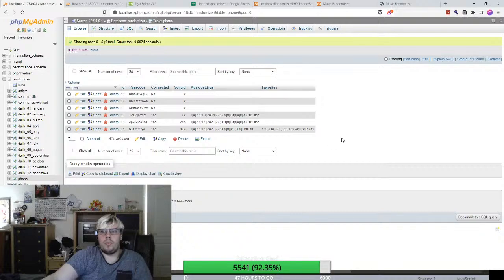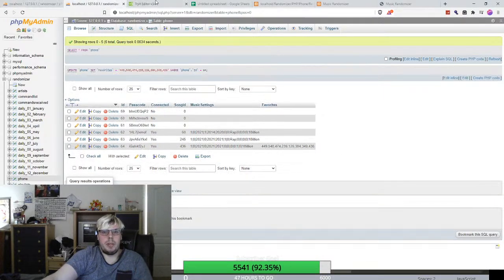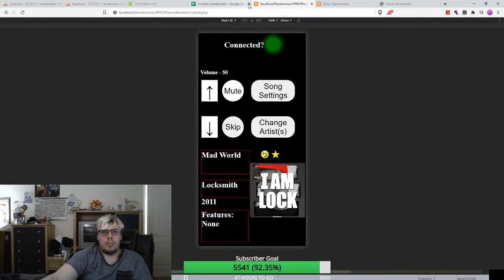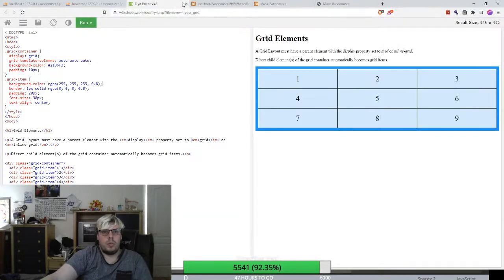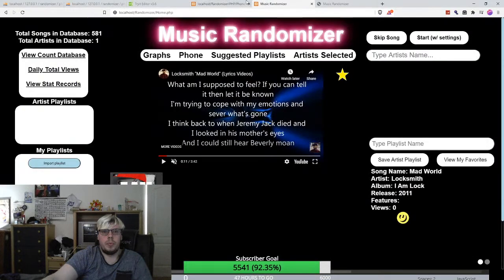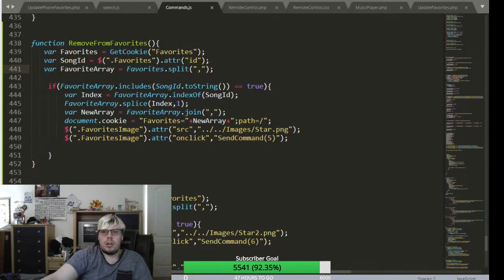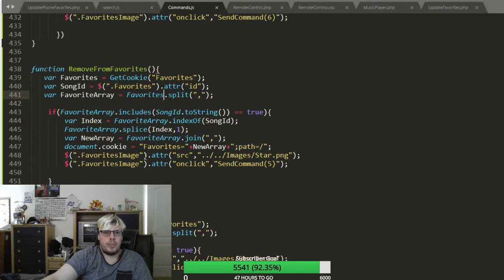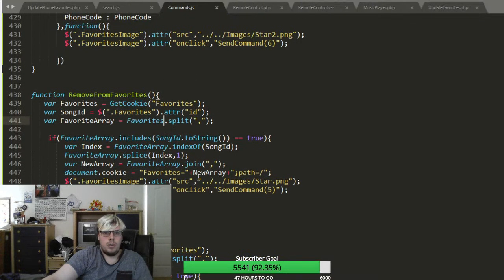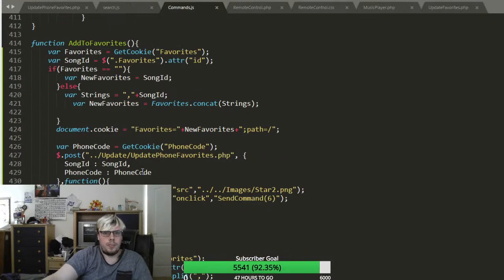So it removes it, but it's not removing it from here, which I have to do. What is this one for? Oh yeah, this I need open. So in our code, let me show the code real quick. Our code, when we remove it from favorites, we gotta update the